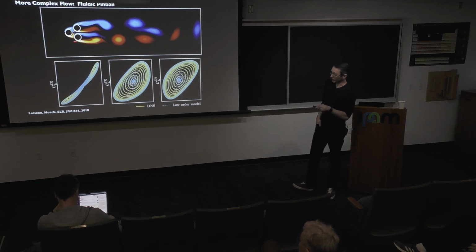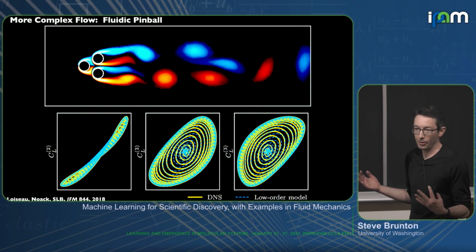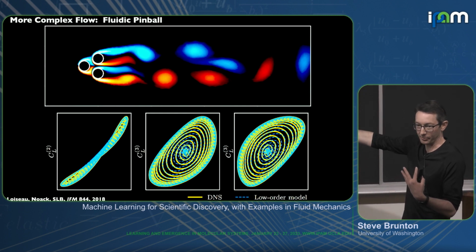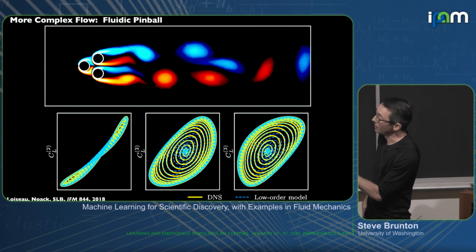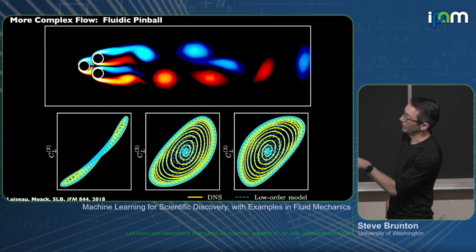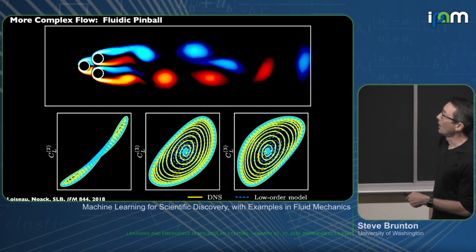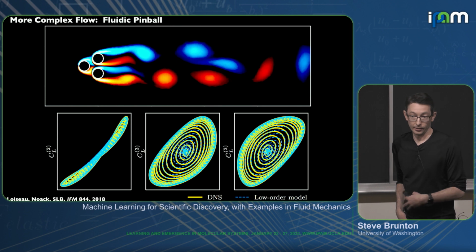Something else I'll point out here is that this was a follow-up work the next year where we looked at a more complex flow. This is what we call the fluidic pinball. There are 3 cylinders here. You get more broadband, turbulent phenomena. What we did here was we pretended that we did not have access to the wake measurements, right? When Boeing and Airbus are building models, they're not going to have full 3-dimensional wake velocity measurements over their wing. They're going to have maybe a few pressure measurements. So what we did was we only measured lift and drag on these 3 cylinders. So we have 6 measurements in time. And we asked, can we build a SINDy model just in lift and drag coordinates on those surfaces?